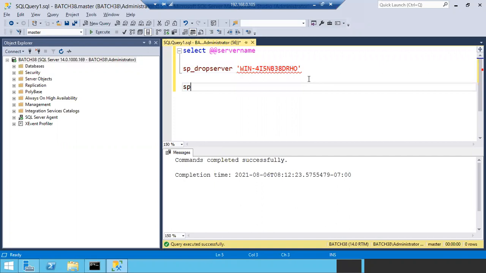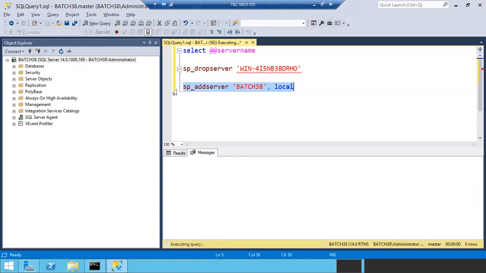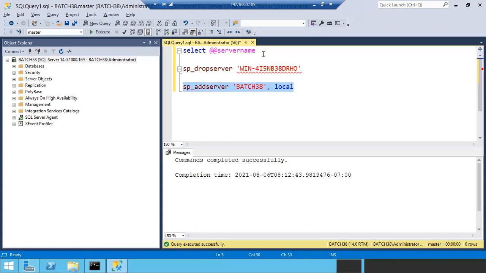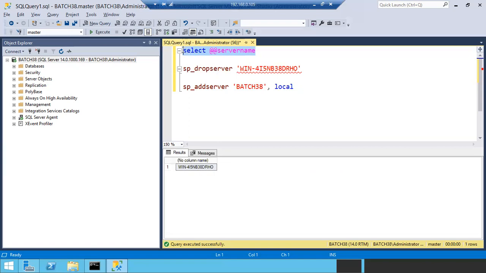And I have to add the new server, sp_addserver. What is the new server? Batch 38, comma, you have to mention local. Right. Now let me add this one. Right. Now if I run select @@servername,